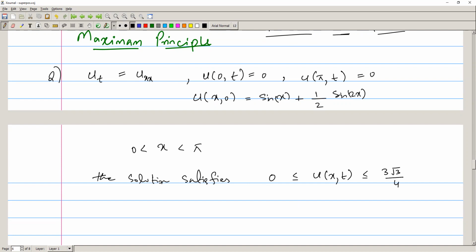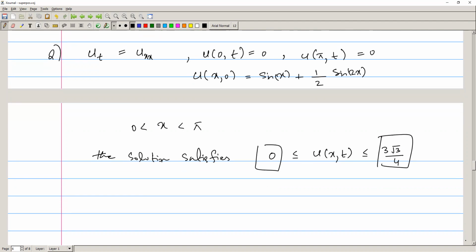3√3/4. So it means that the minimum value of the solution will be 0 and the maximum value will be 3√3/4. So now we can use some calculus here. We know that